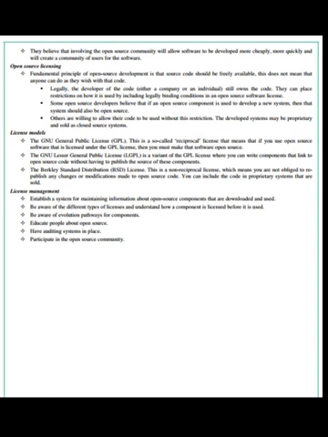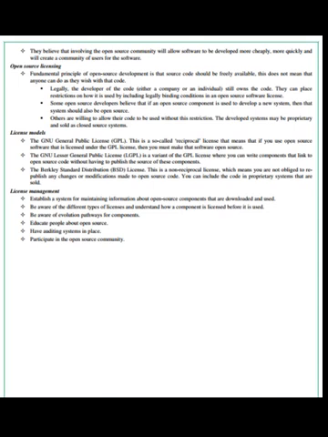License models. The GNU General Public License, GPL, is a so-called reciprocal license. That means that if you use open source software that is licensed under the GPL license, then you must make that software open source. The GNU Lesser General Public License, LGPL, is a variant of the GPL license where you can write components that link to open source code without having to publish the source of these components.